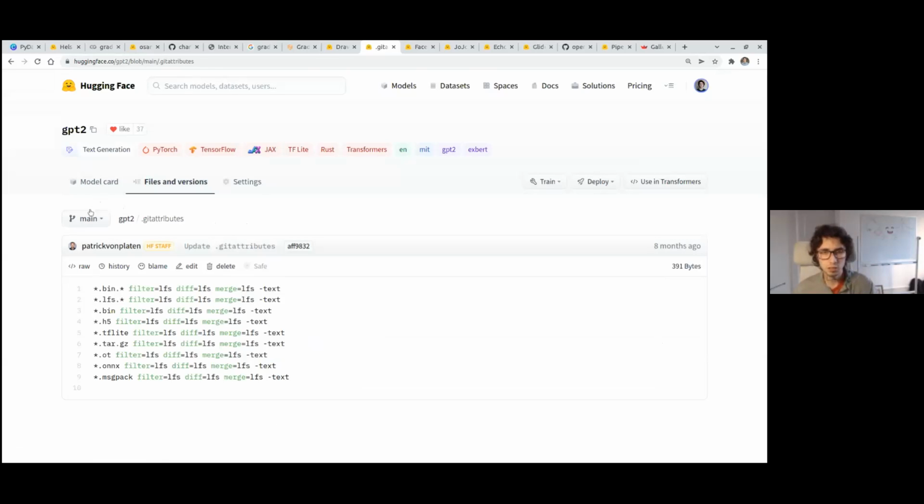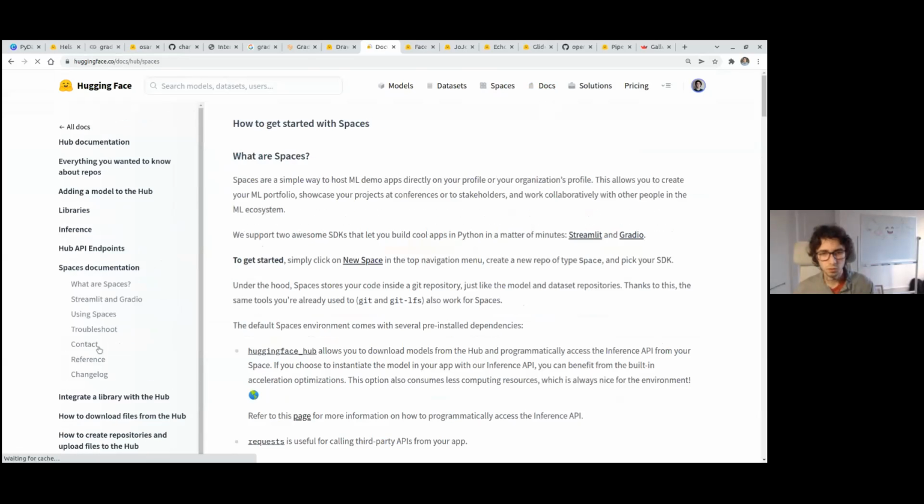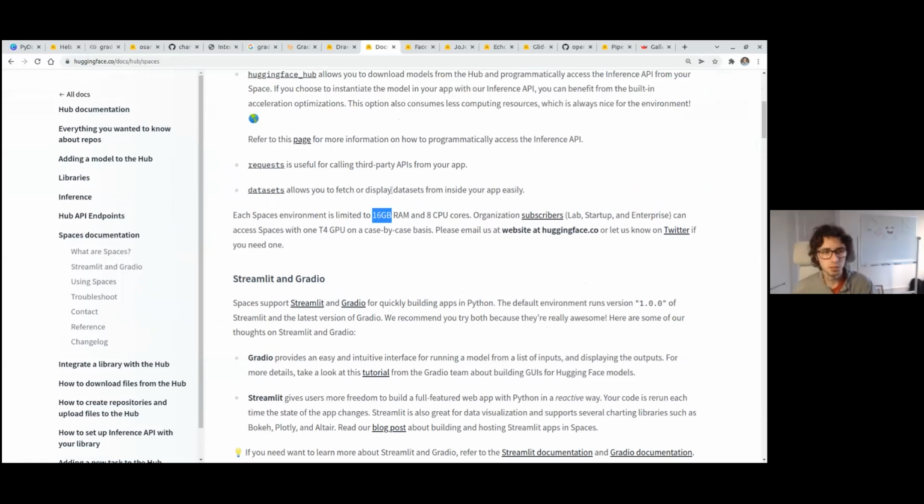In the case of spaces, of course, there is a limitation in the amount of memory. So we can go to the docs. There's documentation for spaces here. And yeah, you get 16 gigabytes of RAM for free. So there's a bit of a limitation, but usually this works quite well. I would say for 95% of use cases, even a bit more.